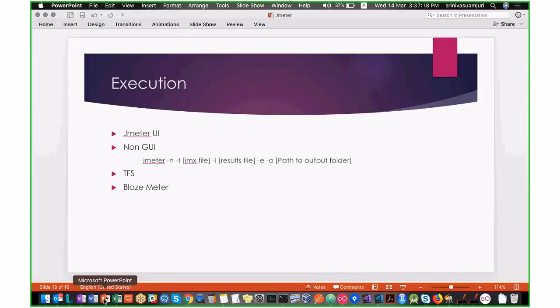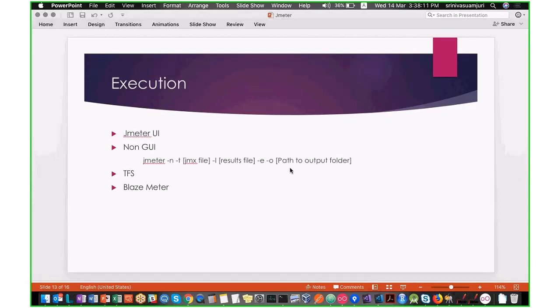So to execute the tests, we have just seen how to execute using the JMeter UI. We have the play button, but in a practical scenario, we don't use this UI to execute the performance test, because the UI consumes additional resources. And when you are applying the load, we don't apply too many listeners either, because the listeners consume memory, since they capture the data and create these graphs. So we don't keep all those listeners,